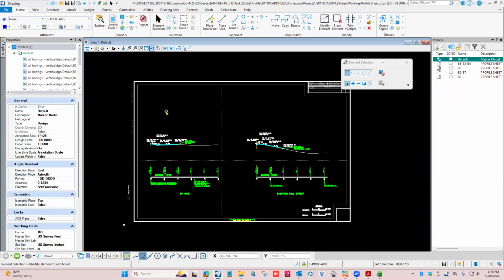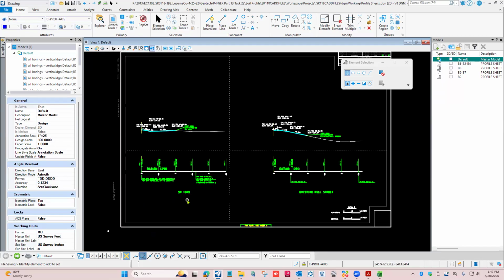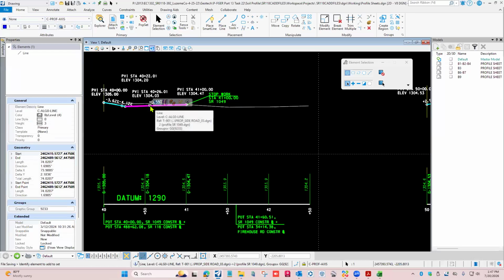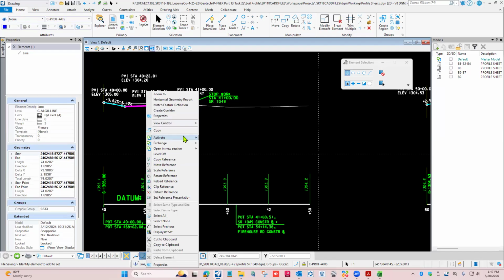So now, while we're here, we're going to go into each of these files. So if you point to any part, any one of that, anything, is this the one we want? Yeah. So if we point to anything here, select it and then right click and choose, you see this activate business and the exchange business, but I'm going to do this twice. I'm going to do it first in that